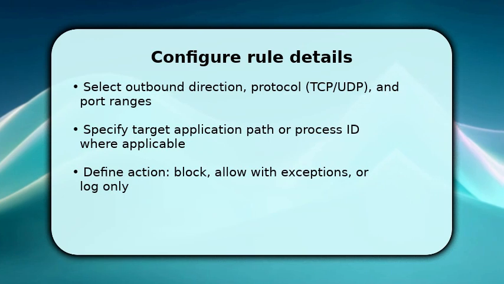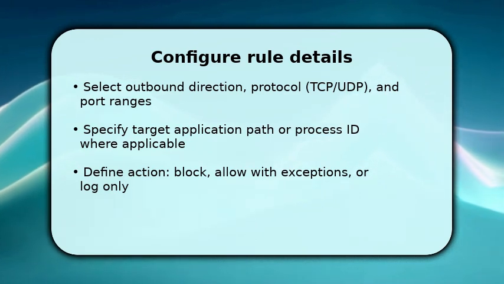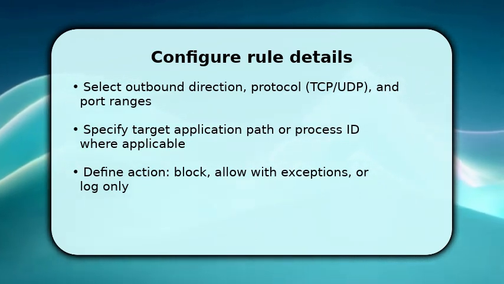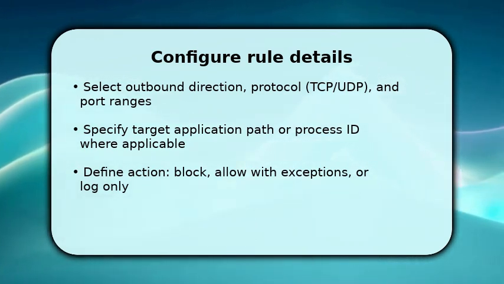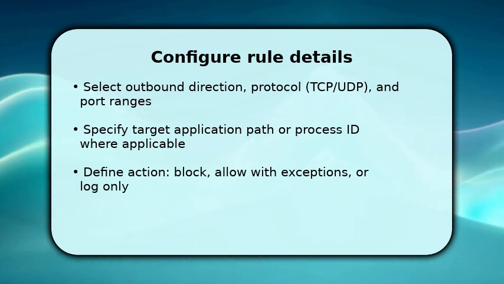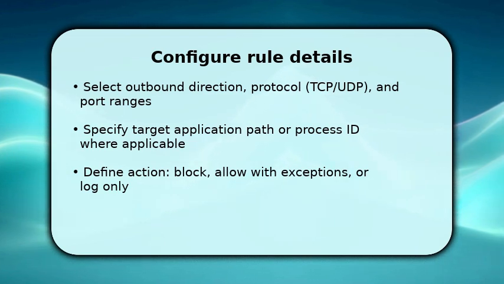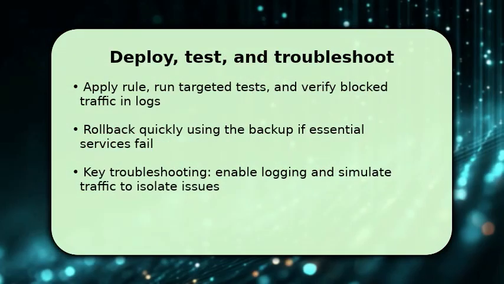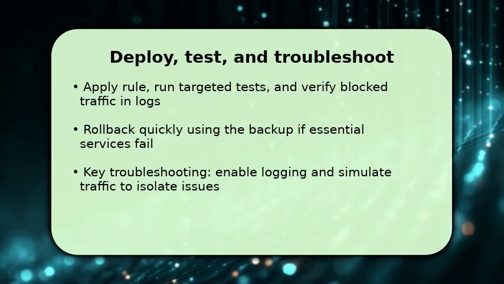After that, set the action to block and optionally enable logging so you can review blocked attempts. Once configured, apply the rule in a test mode if available, to observe effects without fully enforcing it. You now deploy the rule and immediately run targeted tests from affected hosts to confirm outbound connections are blocked as